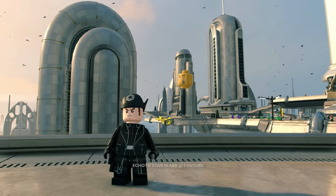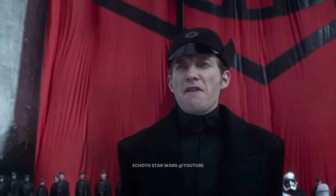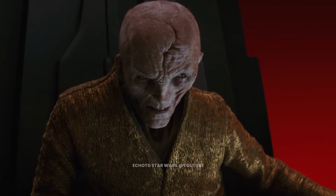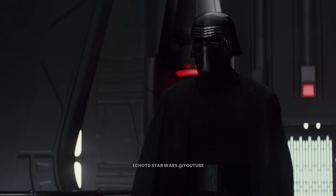This is General Armitage Hux of the First Order. The power-hungry Armitage Hux serves as a general in the First Order, overseeing the barbaric training of First Order troopers. Reporting directly to the Supreme Leader, Hux often clashes with fellow First Order dignitary, Kylo Ren, as they both vie